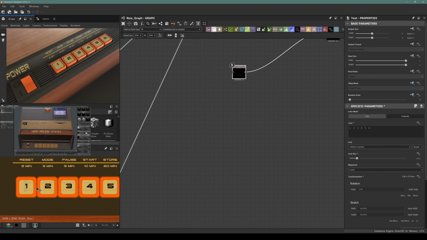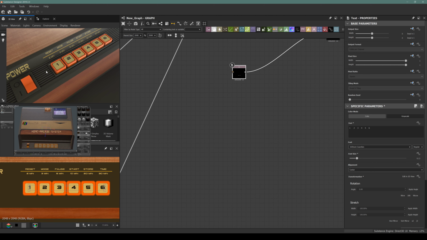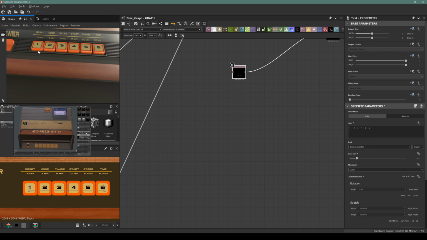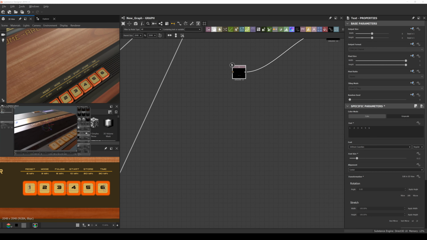Alright, let's move them a little bit to the left. And they look fine for now. Actually looking better than the reference,